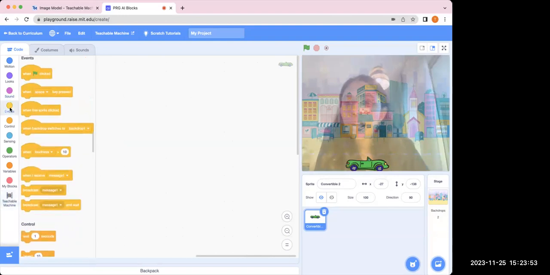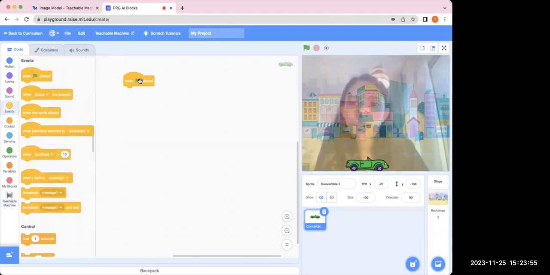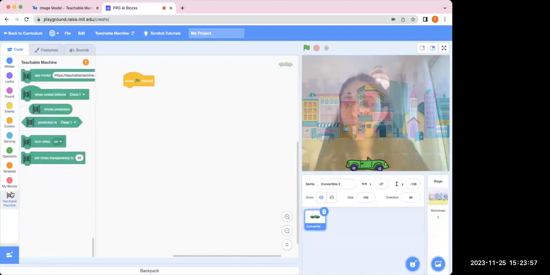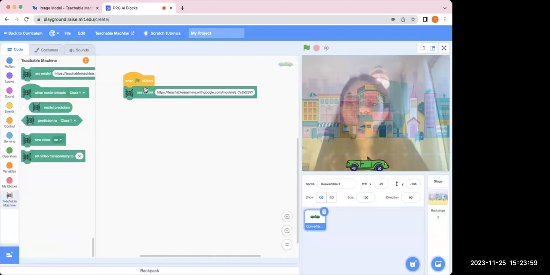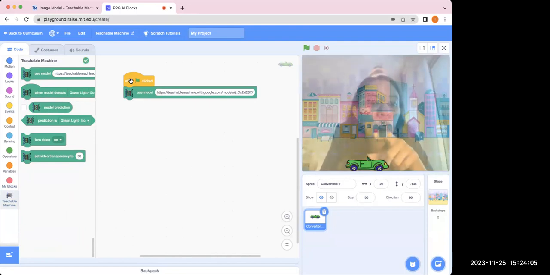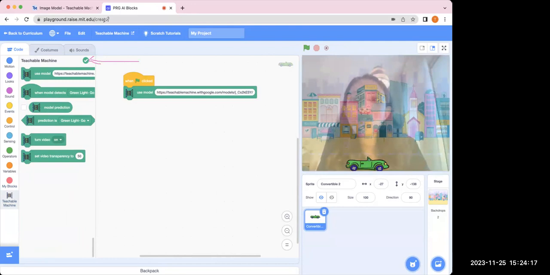And now, what do you do when you start a code? You click on the green flag, you use the model. Now, to activate the model, which means to make sure that the Teachable Machine training is used here, you click on the green flag a few times. And you'll see on my screen, there was an orange exclamation mark here. It has now turned into